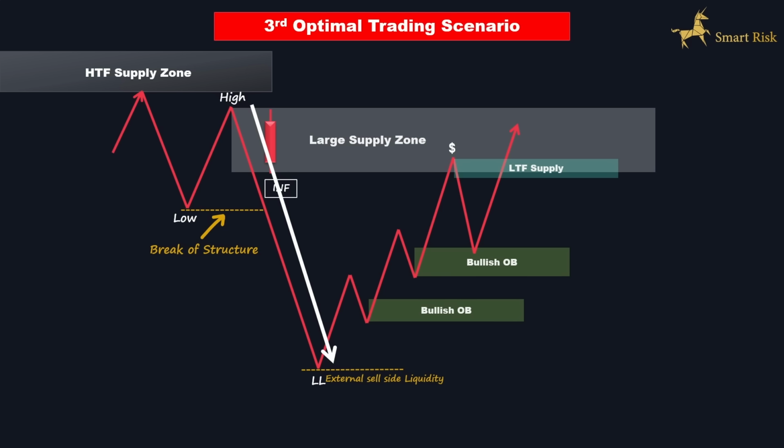After forming a lower low, indicating sell-side liquidity, the price retraces upward to fill the gaps left behind and mitigate the order block at the extreme. Notice that price changes its direction towards the upper large order block during its temporary bullish movement to the upside, resulting in the creation of bullish order blocks.